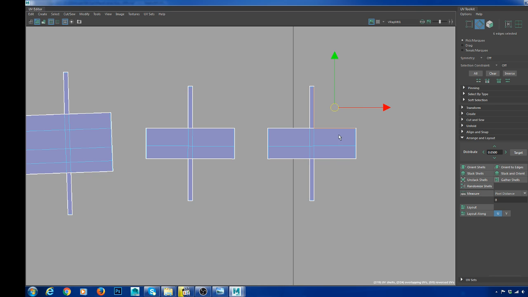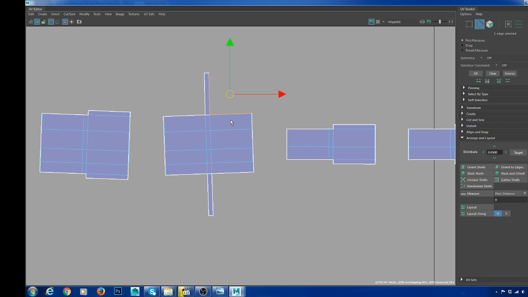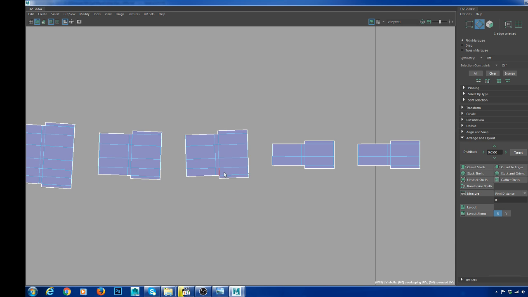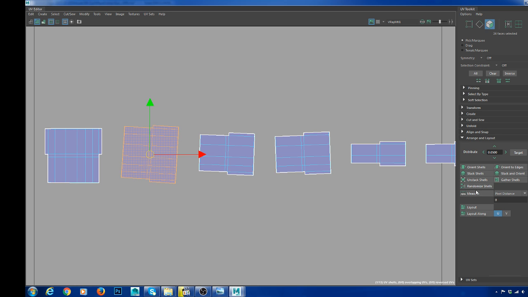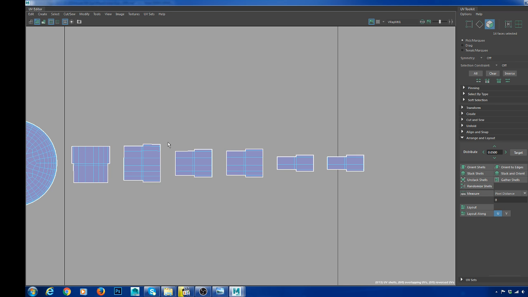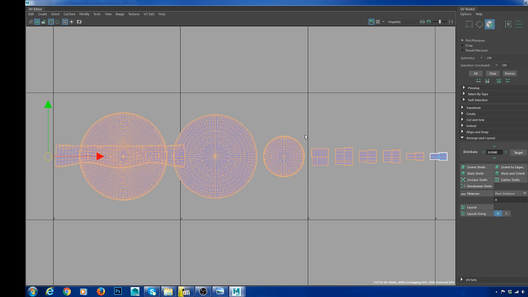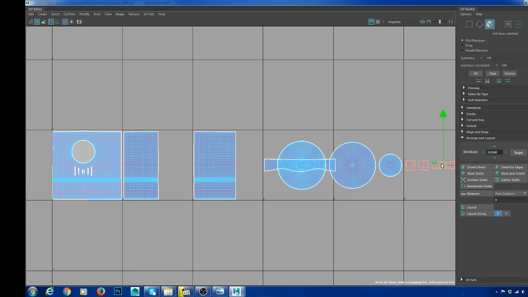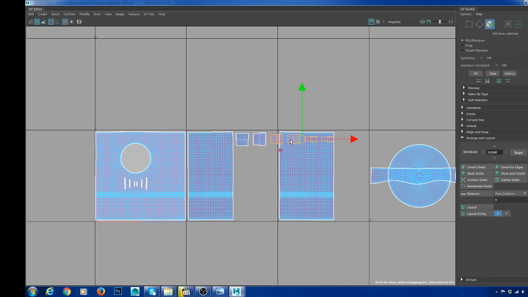So I'm cutting out everything. I'm saying Move and Sew edges, and you can literally hit G. Maya repeats the last action. So now if I go here and I say orient shells, orient shells, orient shells, boom. So everything is straight now. And I'm pretty sure that the spaces are perfect as well. So I could literally